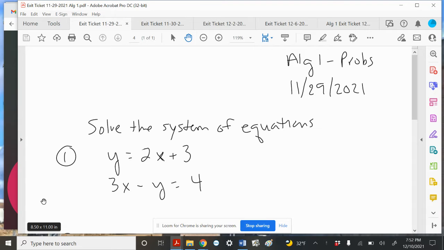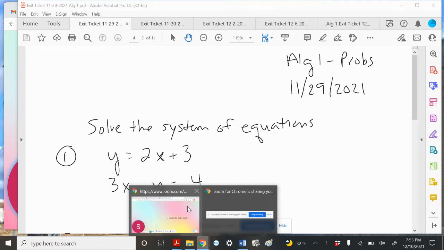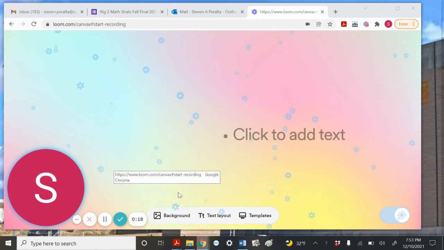Okay, let's go ahead and work on the first exit ticket. The first exit ticket is just going through and solving a system of equations. What's important about this is that you have to make sure that you get onto Desmos.com and you start working from there. So you will have access to it